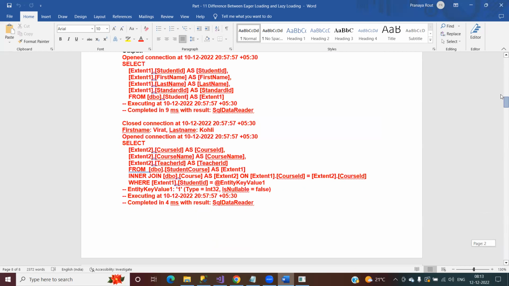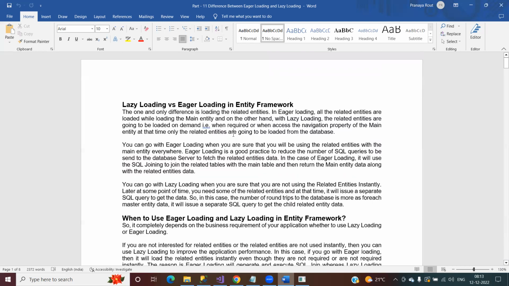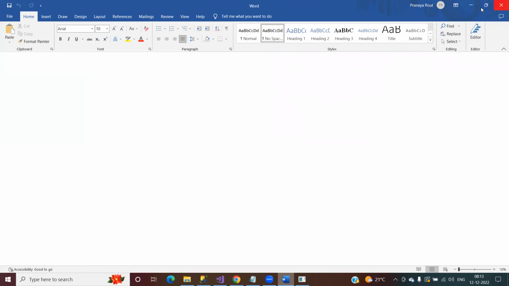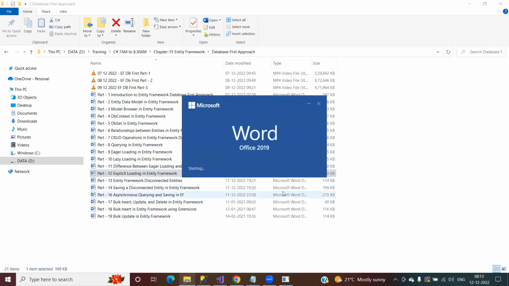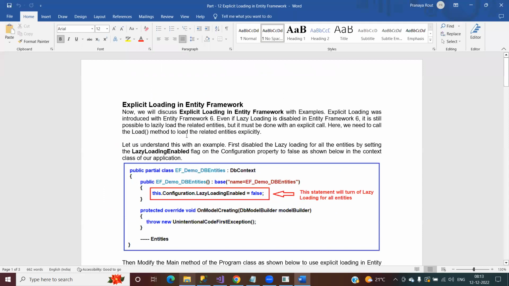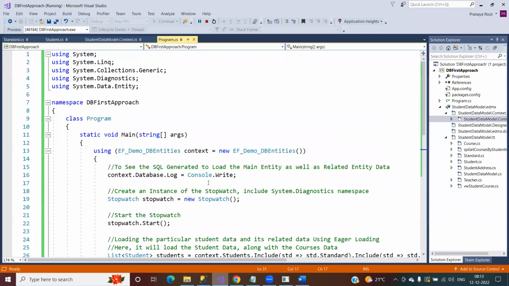Yes. Okay. The next concept we are going to discuss is explicit load, right? What is explicit loading? So explicit loading means once you disable the lazy loading, right? Once you disable, okay, let me